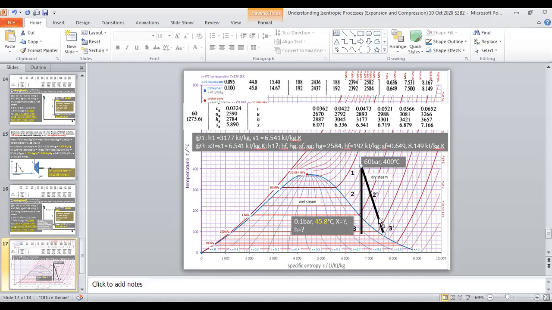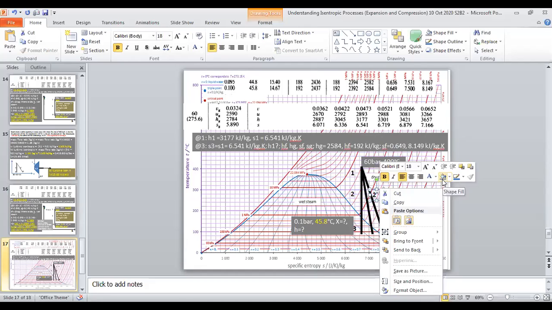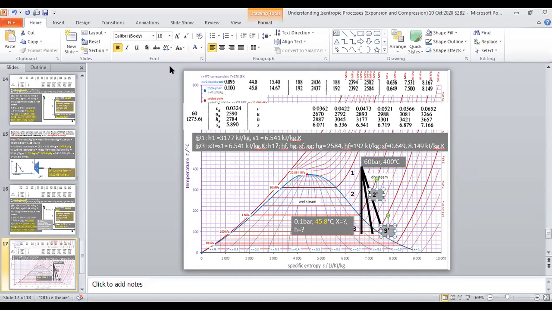Or sometimes it can be like this. Okay, can be like this. So 2 dash and 3 dash is like this. Sometimes can be like this. So then the situation is